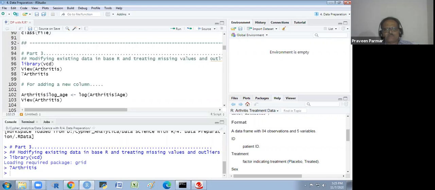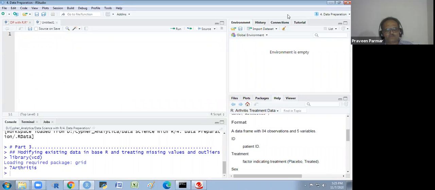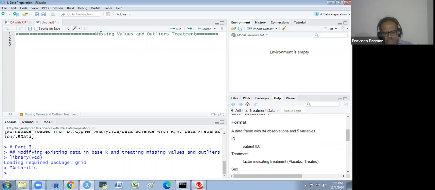So first I do one thing, it would be better for you. I take the arthritis dataset as MD, and I write arthritis and run it.